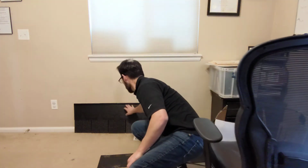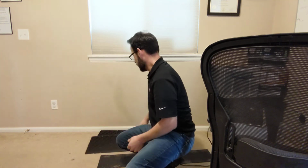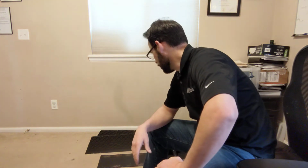Any other class 4 shingles, they're rated for up to 2-inch hail, and all that means is that it could damage the top part, but if you turn it around and look at the back of the shingle, this part back here won't be cracked. Who really cares about the back? It's the front part that matters. That's where the hail hits, and that's where all of the damage comes from when it's on your roof. So